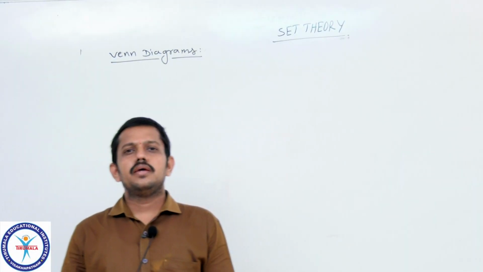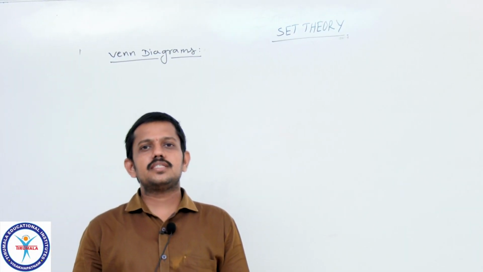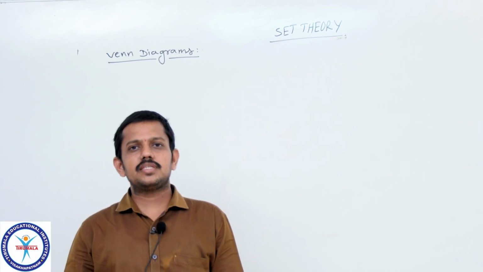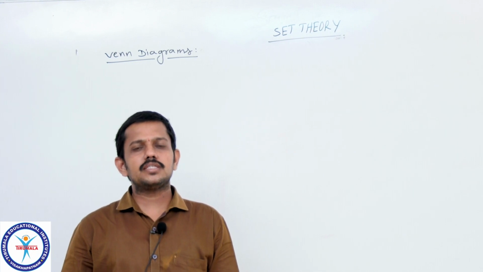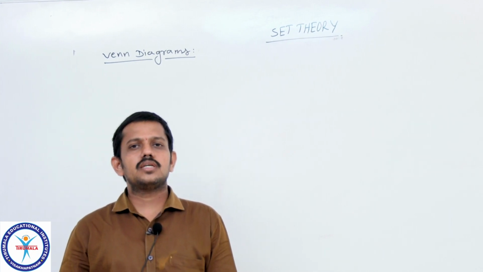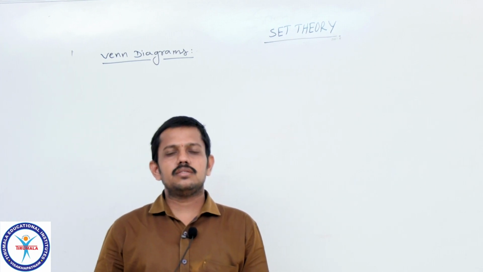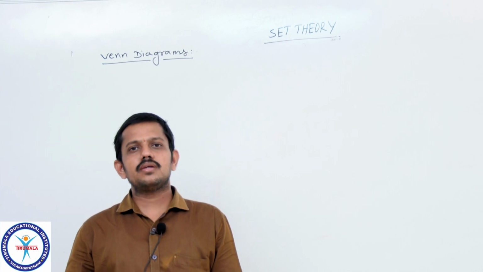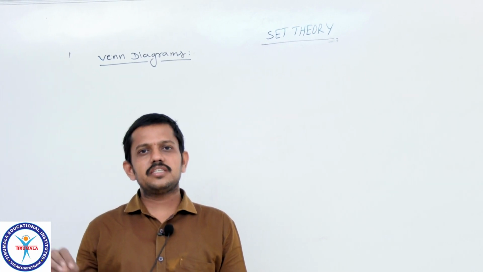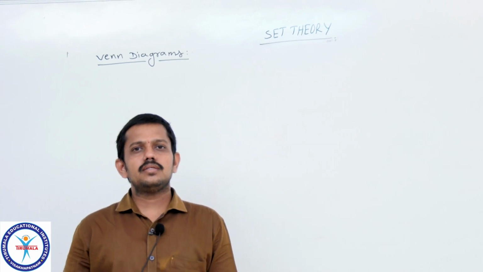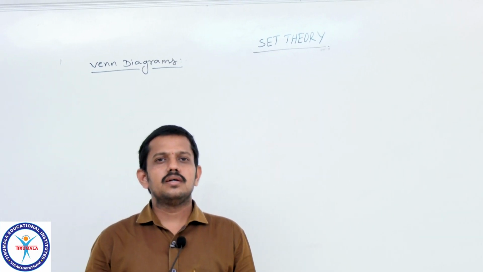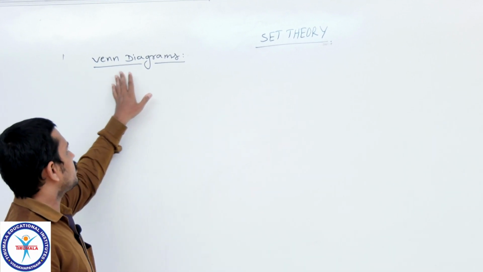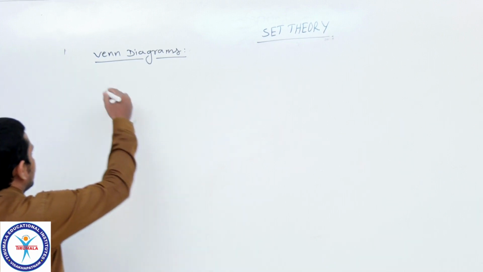Hi students, in the previous class we discussed the difference of sets and the complement of a set, the properties of difference of sets and complement of sets, and some Venn diagrams. Now today in this session we will see the Venn diagrams for different relations between sets and the applications on cardinal number of sets.